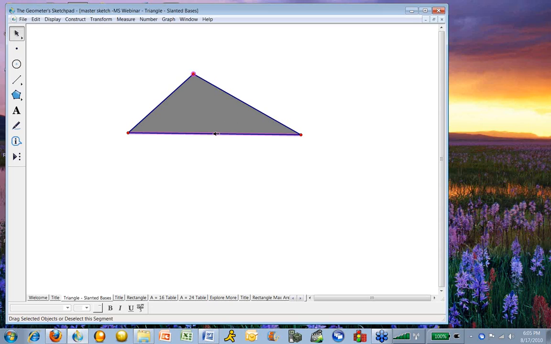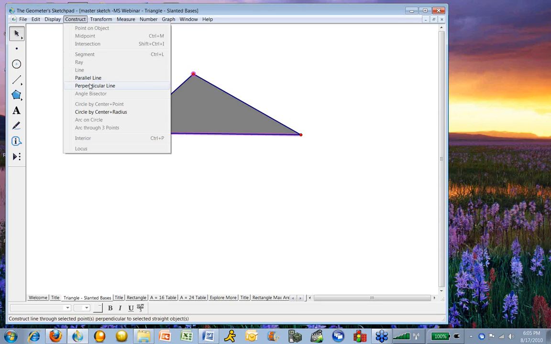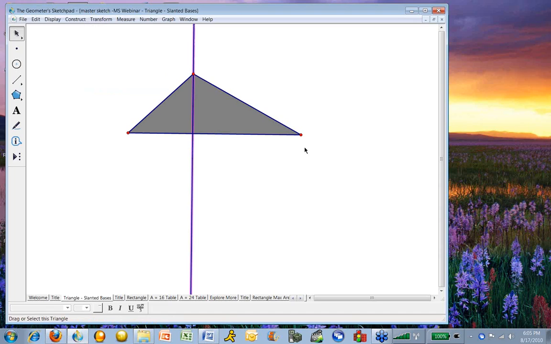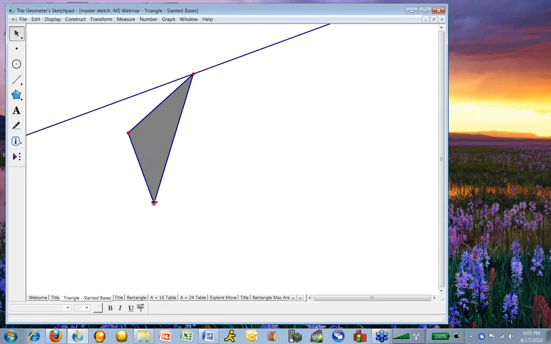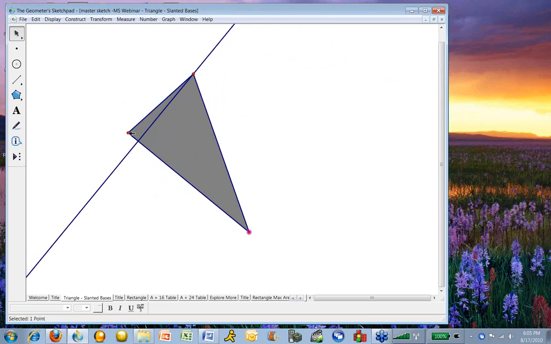In Sketchpad, you need to tell Sketchpad the what and the where. I want it to be perpendicular to this base, and I want it to go through this point, the what and the where. And I'm going to go up to construct a perpendicular line. So now I have a perpendicular, or altitude, and I can now move that around and create any triangle